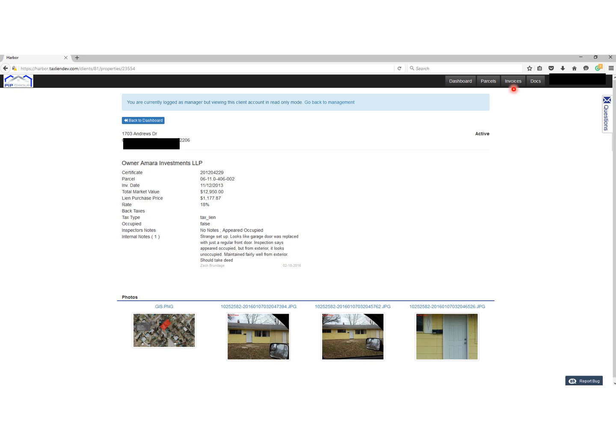Up here, you've got a section that's going to be invoices and docs. Docs is where we're going to eventually plug in the title reports as well as any documentation related to the foreclosure status or the process of the foreclosure. So, from time to time, you'll be able to go in there and look and see what's going on and how the progress is going, and all the fun, fascinating paperwork that is involved with tax lien foreclosure in the state of Illinois.